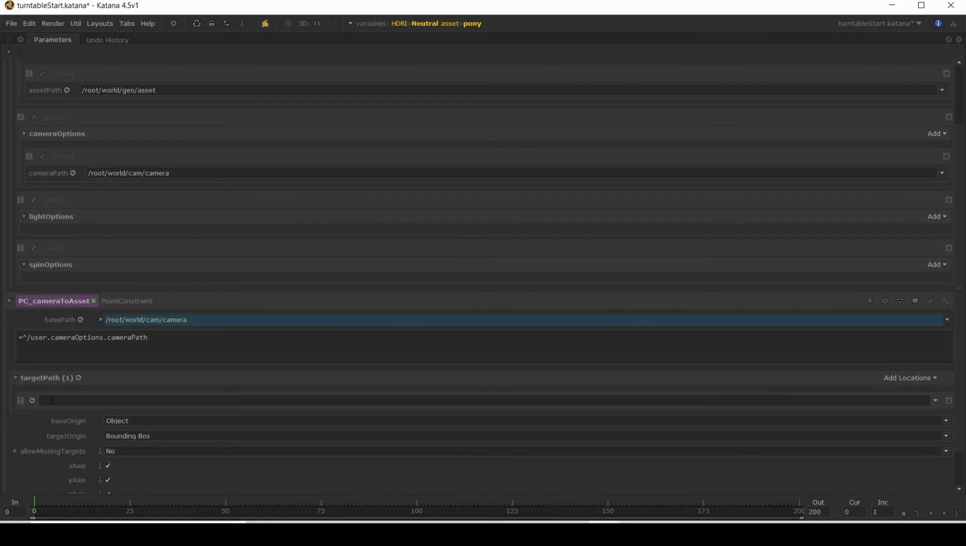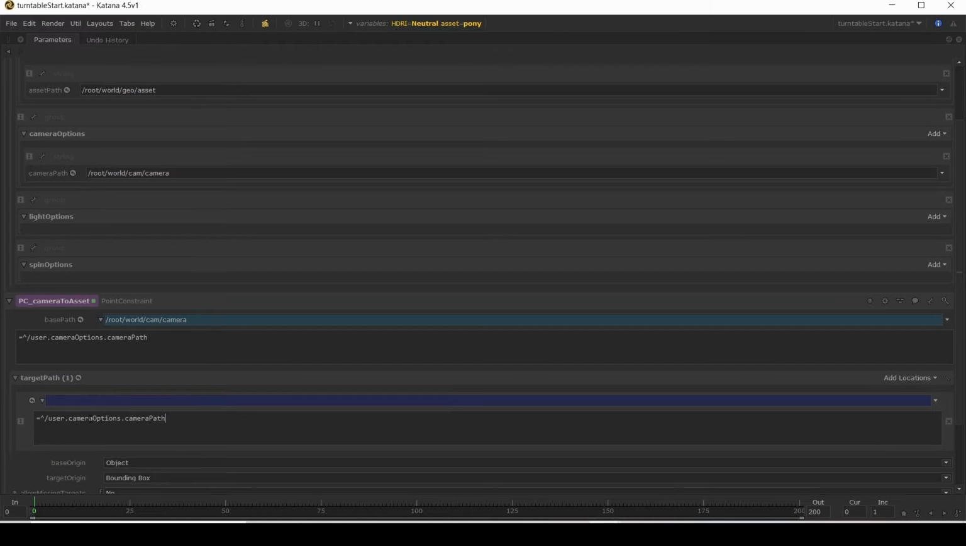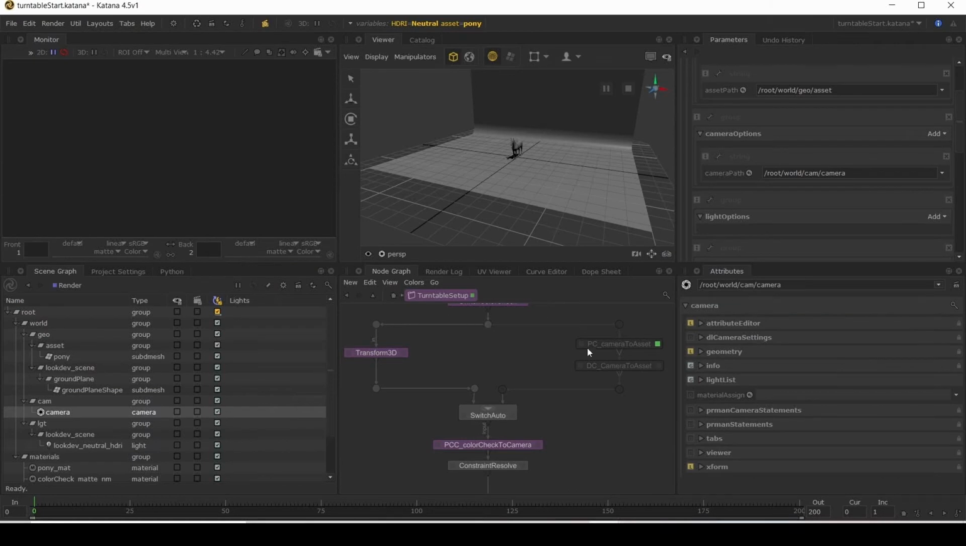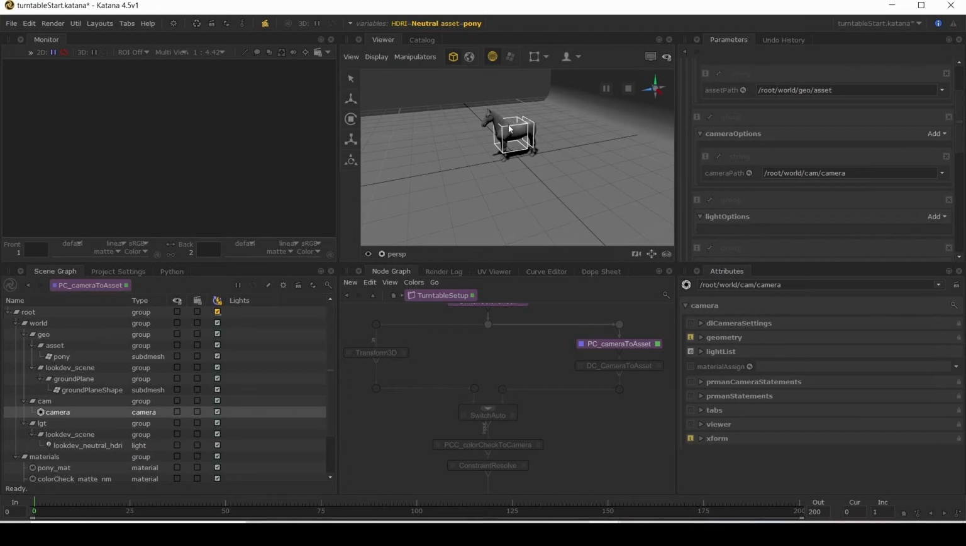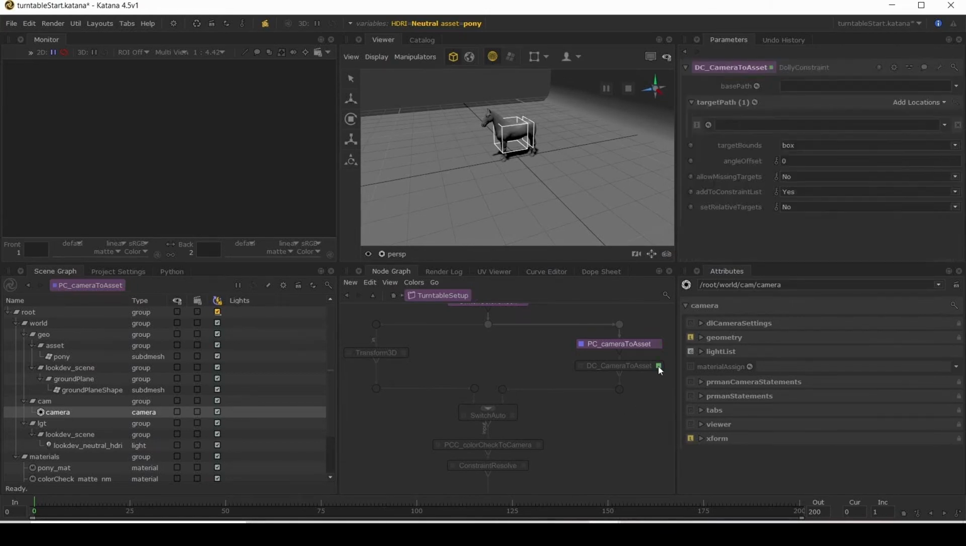So now we want to link the camera again. We want to link the camera to our asset, so we're going to make this an expression as well. And we're just going to tweak this to be asset options and asset path. Okay. And if we view this node, we'll be able to see now that the camera is on top of our asset. And then now we're going to use the dolly node to pull it back away from our asset and